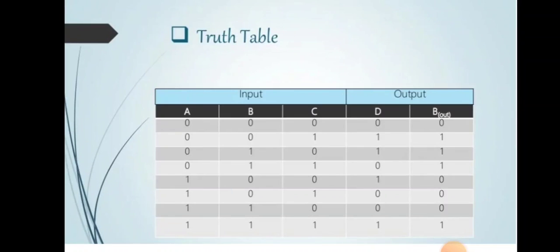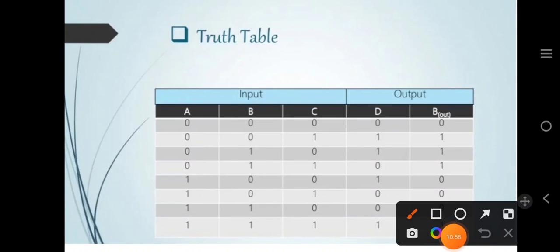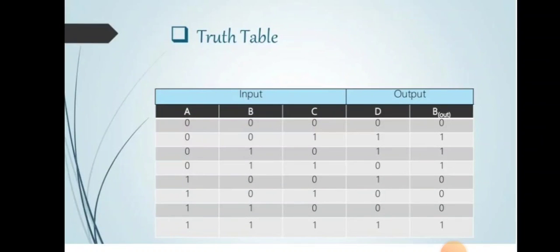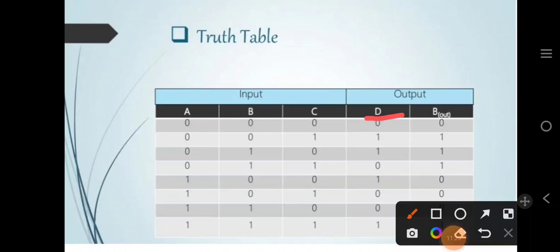Now the next step is what? To draw the truth table. So this is the truth table of 3 inputs A, B and C. So there are 8 different combinations of 3 inputs. As you know, how many combinations can you find? 2 raised to the power n. So 2 raised to the power 3 is 8. So 8 combinations are there. And these 2 columns are the outputs, difference and borrow. So for the first combination 0, 0, 0, the difference will be 0 and the borrow will be 0.